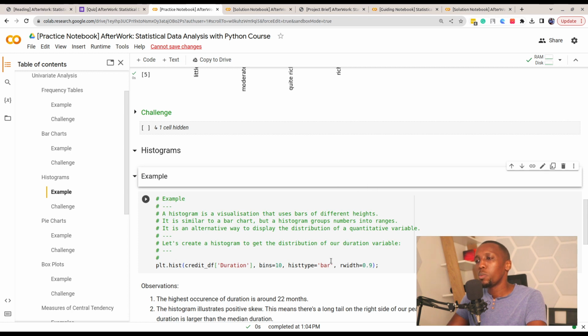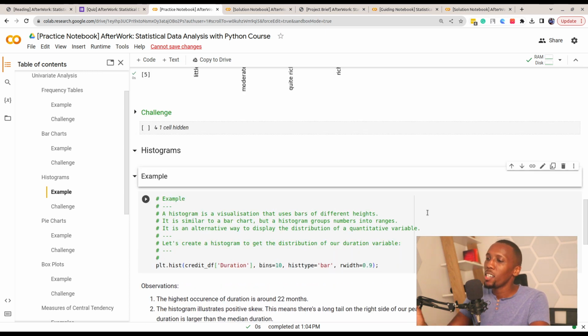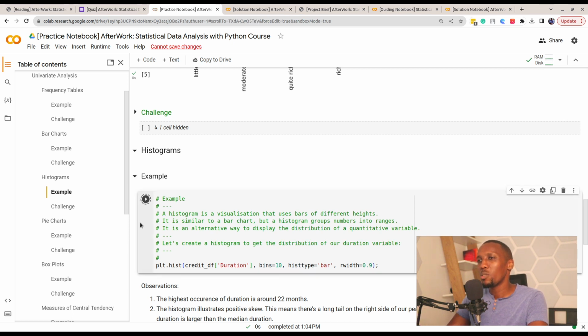You would have bars of different heights and what are called bins. This gives us an idea of the distribution of the data, working with one variable, so we are performing univariate analysis, and whether that variable is uniformly distributed or has